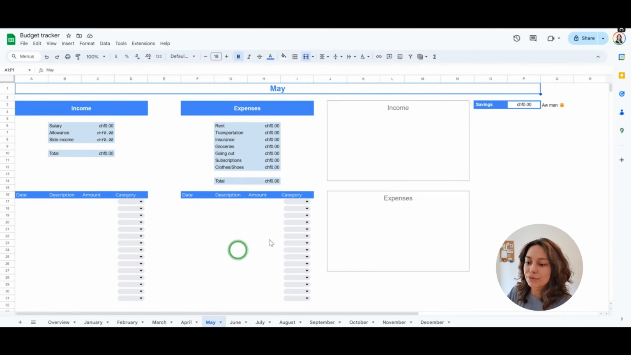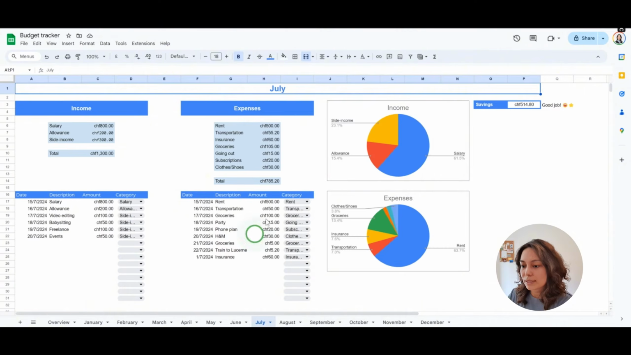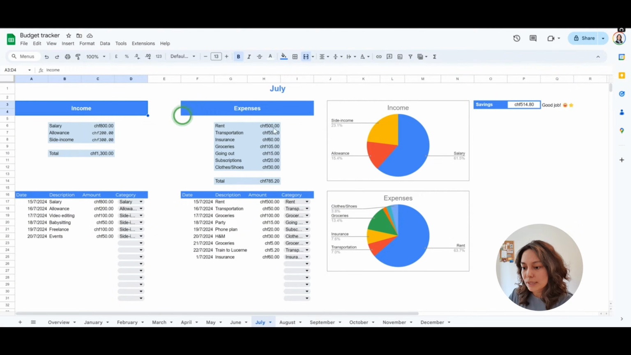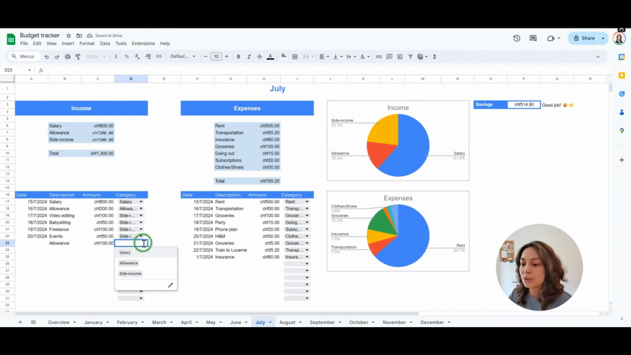And now that we're in the month of July, we basically have this. So we have two types of templates. We have the income template and we have the expenses. We don't key in anything in the income or expenses table. What we do instead is we key in everything here. So if we have an allowance coming in of, let's say, 100 francs, and if we select allowance from the drop-down menu, what we can see is that it added to the allowance, and it also showed on the pie